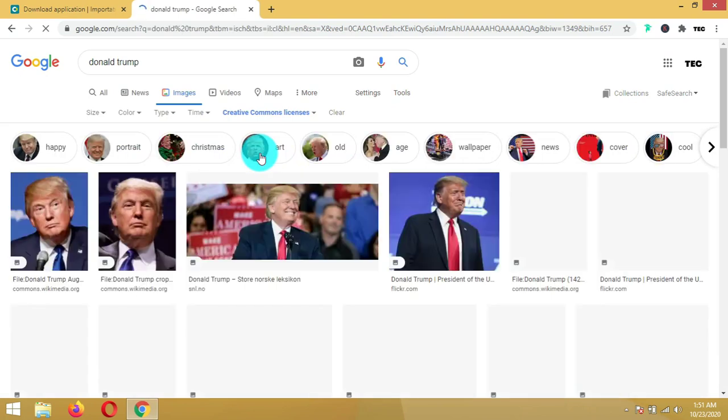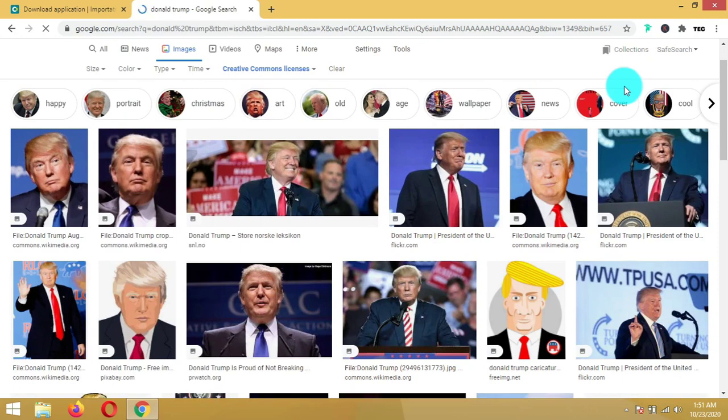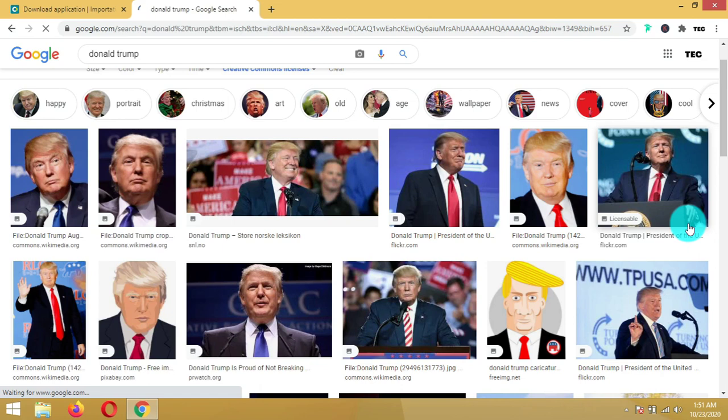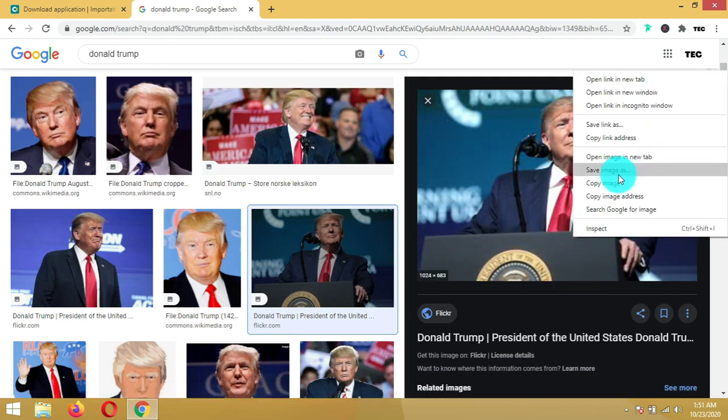And this is it. All these images here are copyright free, and you are permitted to take any one of them and use on your blog as long as they are under the Creative Commons License. So you can save this to your blog, save this, save whatever you see here. All these images are copyright free images. So for instance, you don't have to save an image from here. It's as easy as clicking on the image, then you wait for it to load so it gets clear, and then right click and save image.